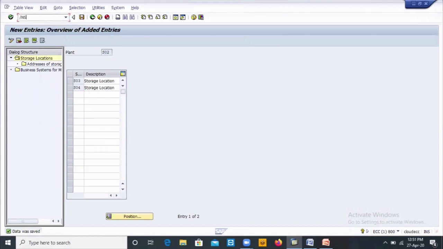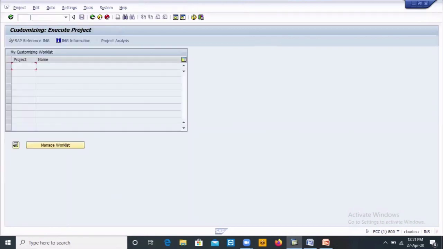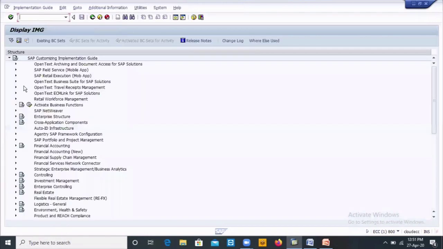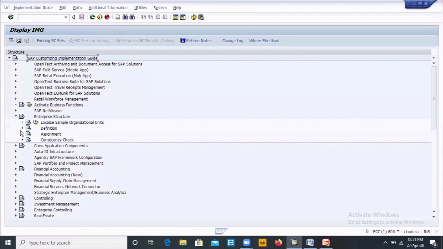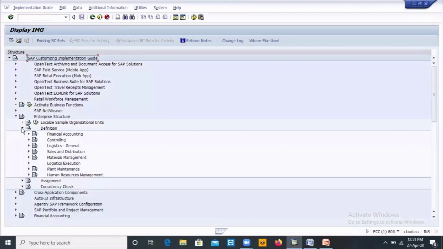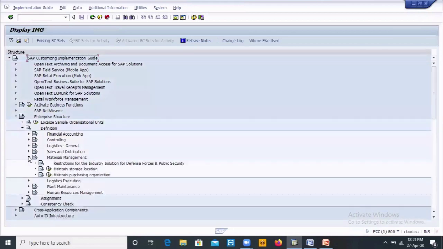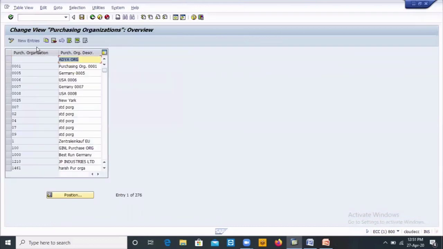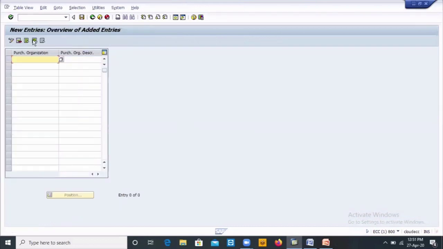Again slash n SPRO, SAP Reference IMG, Enterprise Structure, Definition, Materials Management. This is the purchase organization. Click on new entries. Actually there are six types of purchase organization. So here I am creating one purchase organization.